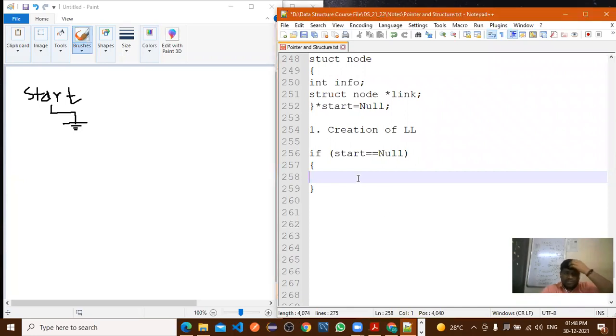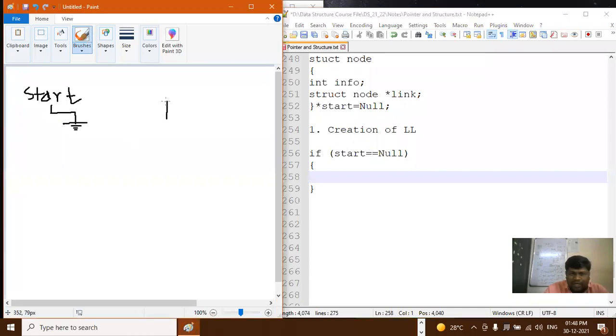Okay, what we are discussing, if start equal to null, then our list is empty, right? Now, if you want to insert a node, that node is of value 10.